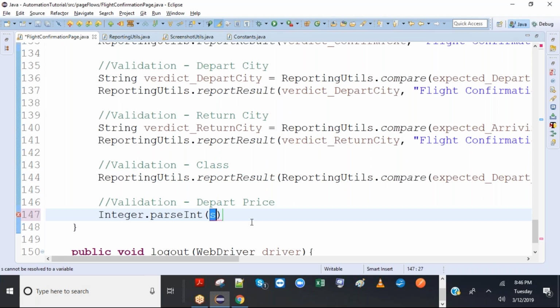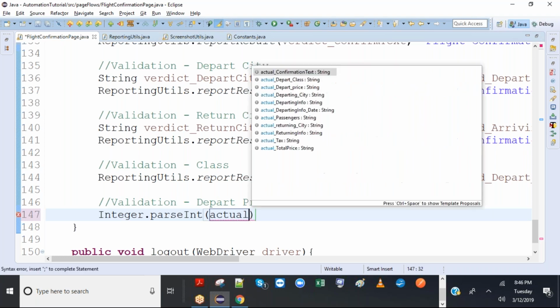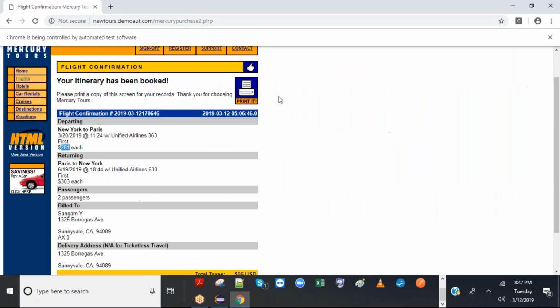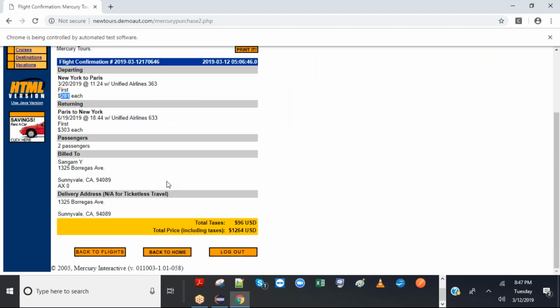Okay, now what I want to pass here is, yes, tell me what I have to pass. Actual, right? So actual is a problem. Actual is in string format. So actual, this one is a string, and I want this thing. Oh, okay, one second. This thing is not required.